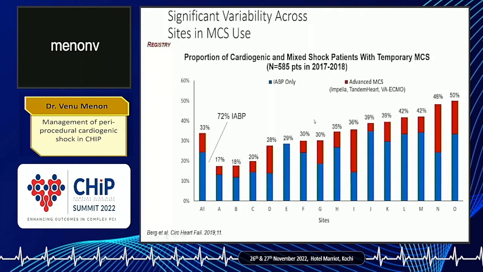And that's further heightened by this. These are 30 sites across the United States in our C3TH. And you can see that in a large proportion of these CICUs, the bulk of the support devices still tends to be an intra-aortic balloon pump in the United States. And you can also see a huge variability in the use of advanced support devices from one unit to another, suggesting that even with